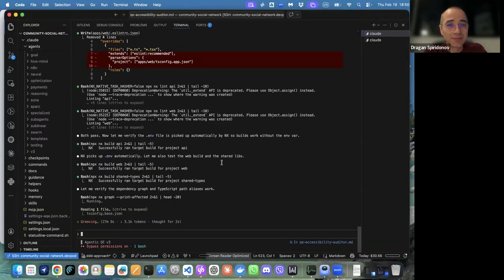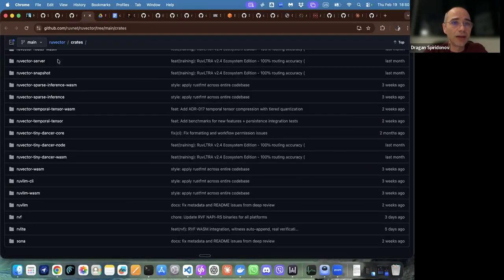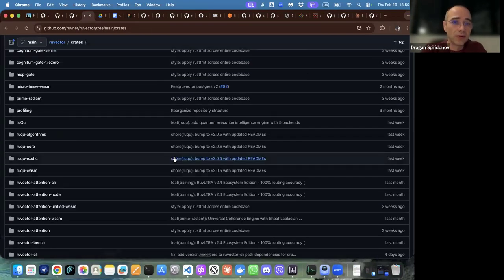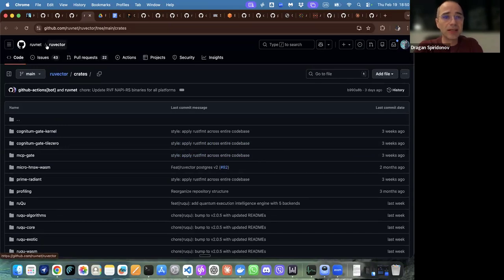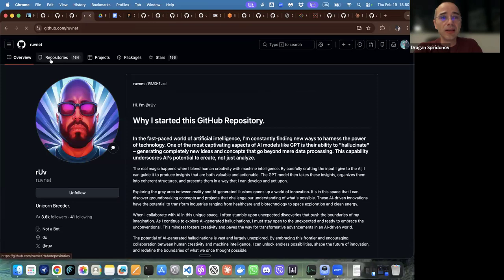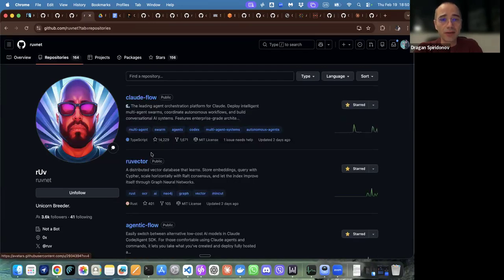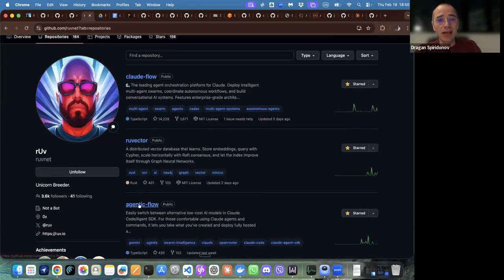Okay, so Ru vector with all the crates and examples, that's the base for whatever Ruv is creating. Then from Ru vector, the next level is Agentic Flow. If you need production grade long running agents, you just use Agentic Flow. If you need the orchestration platform to work and develop, then you use Claude Flow.